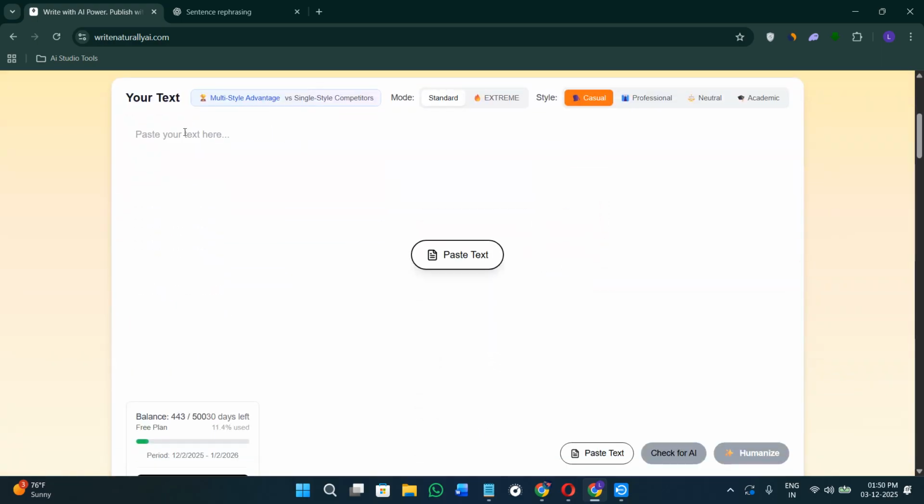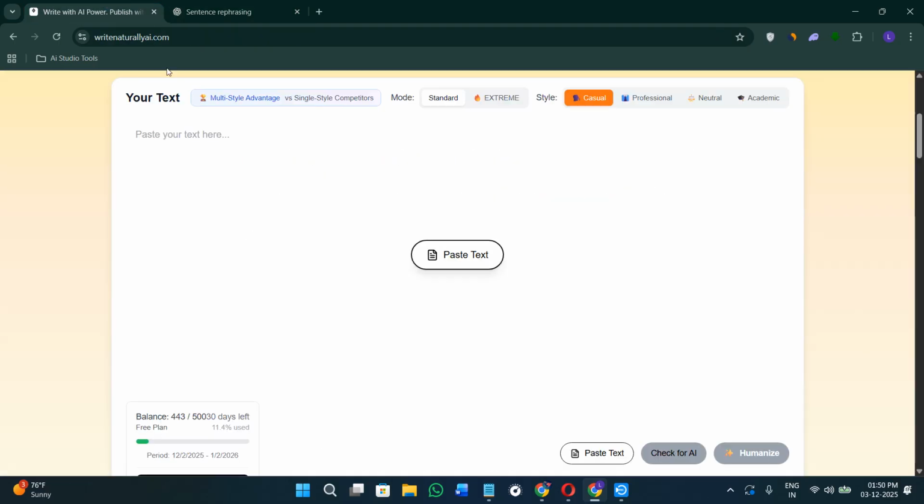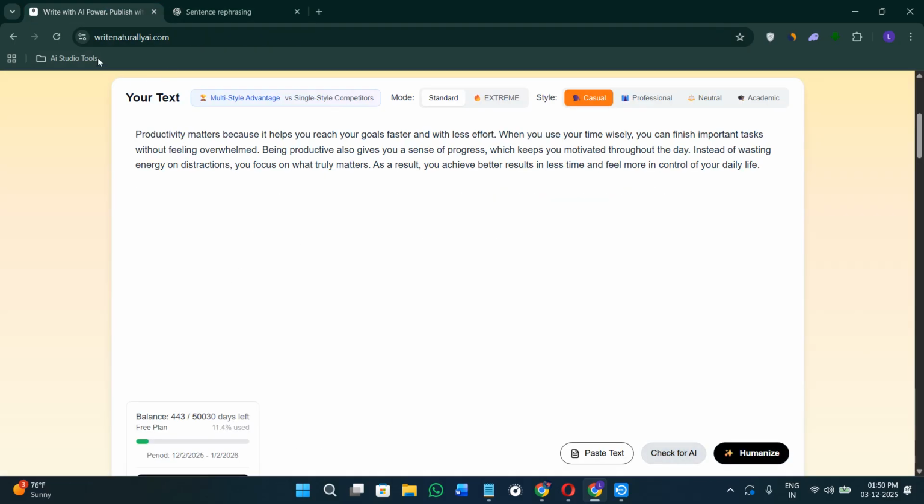So once you come here and when you look at this particular box, you need to paste any of the texts that you have created using ChatGPT or another AI tool. For the sake of this video, I have this paragraph from ChatGPT. So I'm going to copy it from here, then come on writenaturallyai.com. Then if I paste this particular paragraph here, just like so,